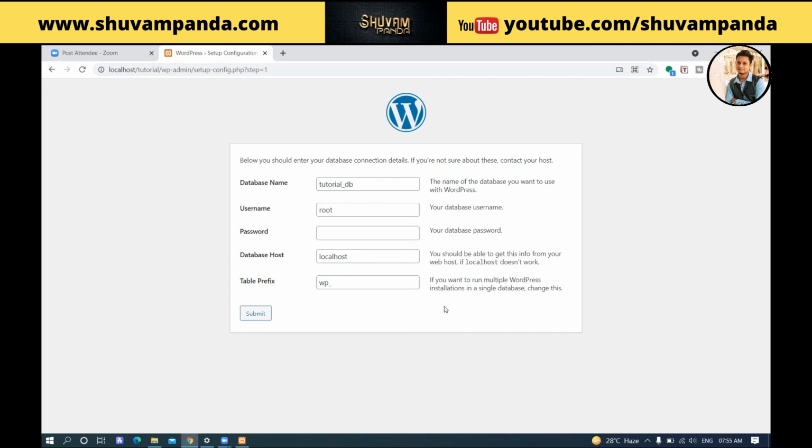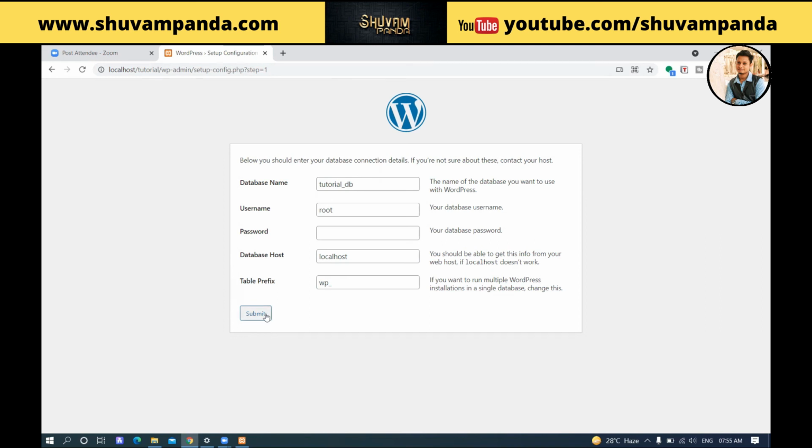Database host and table prefix, you can keep as it is. Table prefix is a technical side. In our database, all the table names have a prefix called wp, so that we know it is WordPress. If you want to change that you can, but it gets a little technical, and there is no need to go that deep.